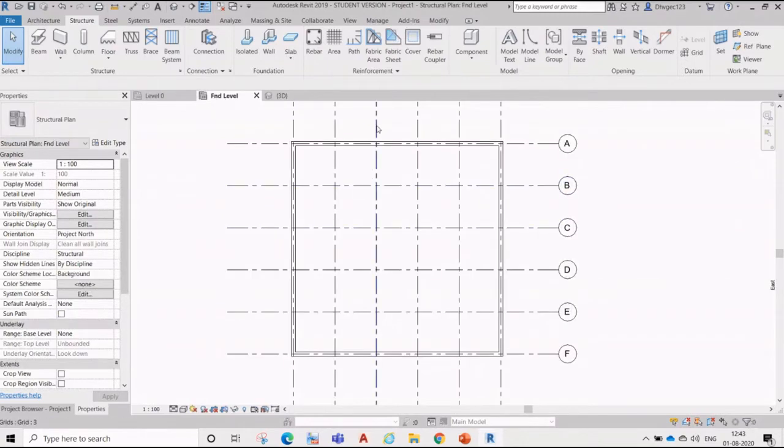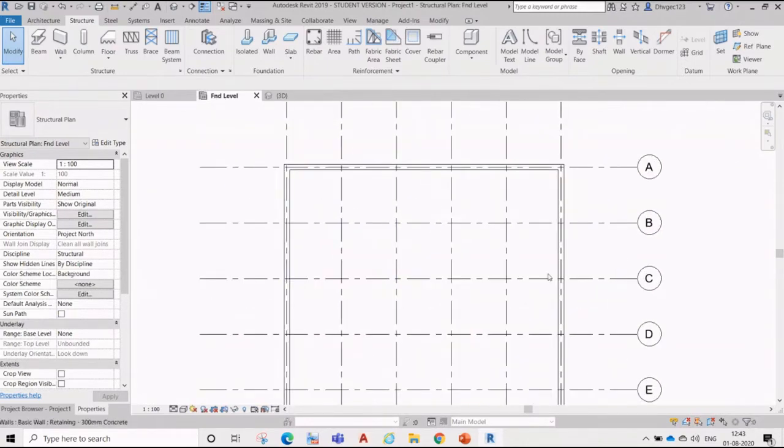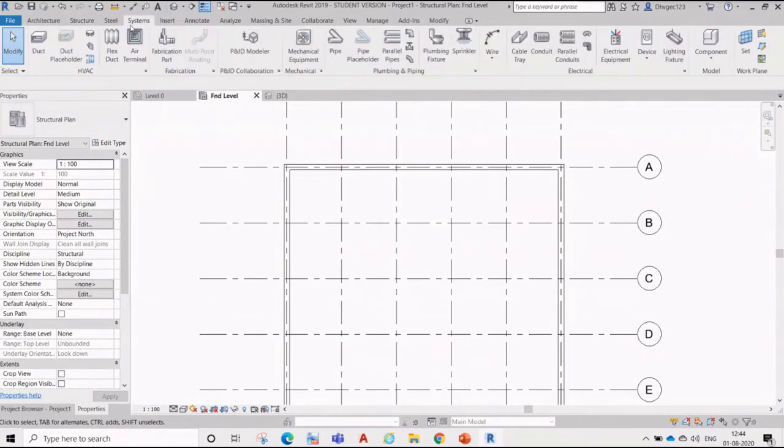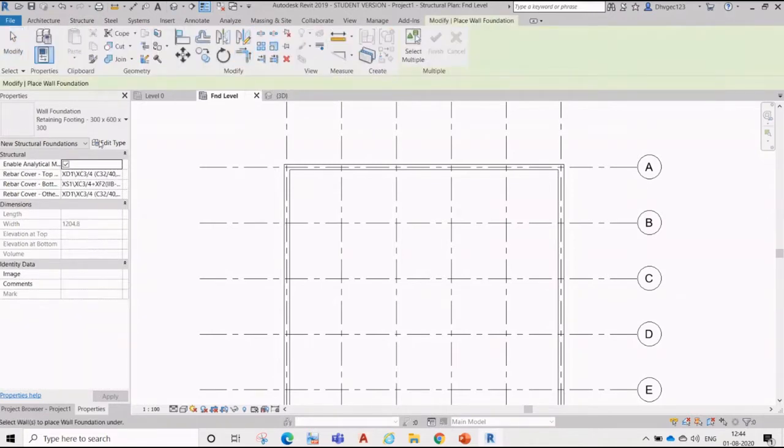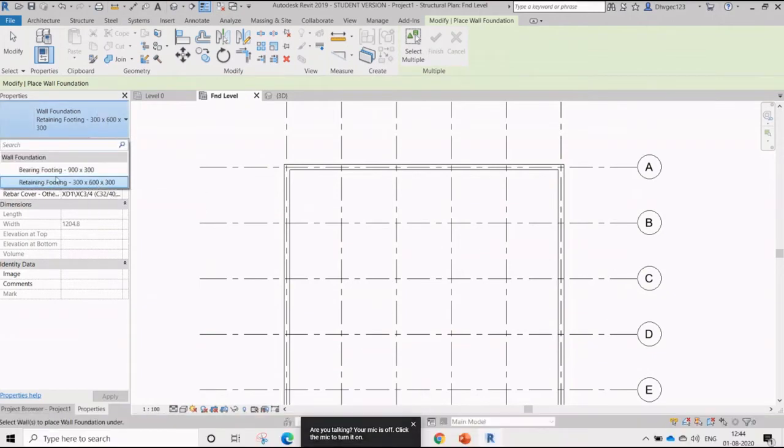Okay, so now what we need to do, we need to put a foundation below this. So we'll go to structure and then wall foundation. Then you will see the types of wall foundation. One type is bearing foundation and a different one. Okay, so here what is this?